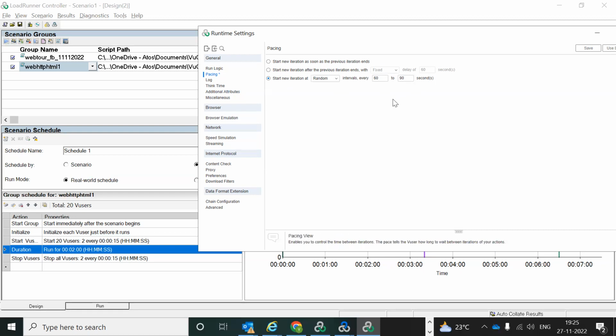So that depends on every iteration. It is picked randomly. So that is for the random. Fixed, nothing but if you are giving a fixed one, then you can select the fixed one. Okay, we have no pacing, fixed pacing, and random pacing. Three types we have. It's clear, pacing,